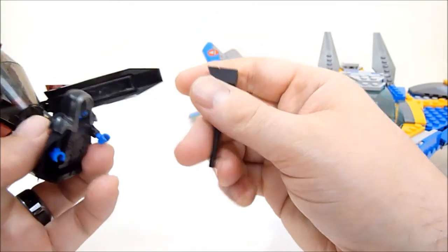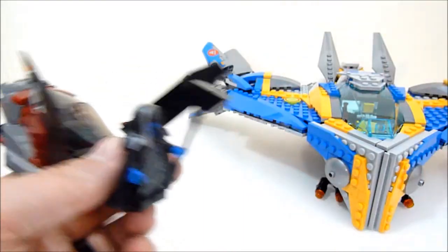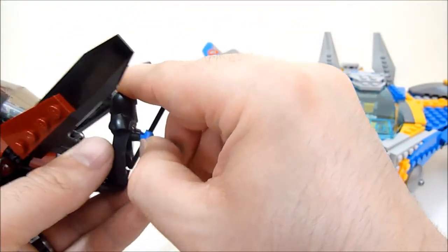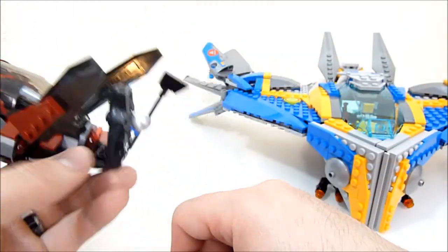You can put him on the back. You can make him sketch a ride if you want. I mean, that's really up to you. But there you go. And give him the silver thing. I think this is an infinity gem, but I'm not sure, so we're just going to call it the silver thing. That's fine. And then you can do...